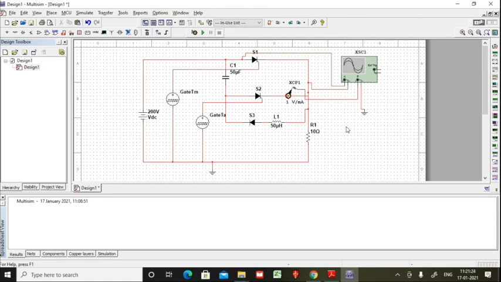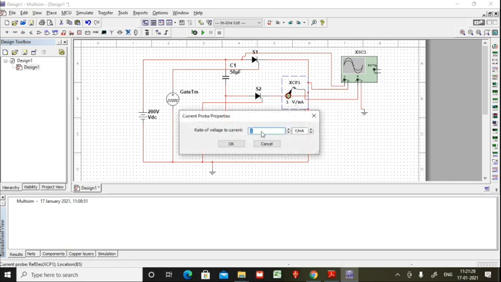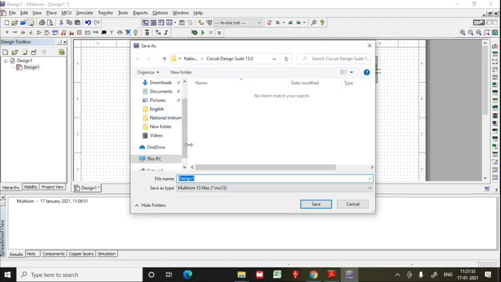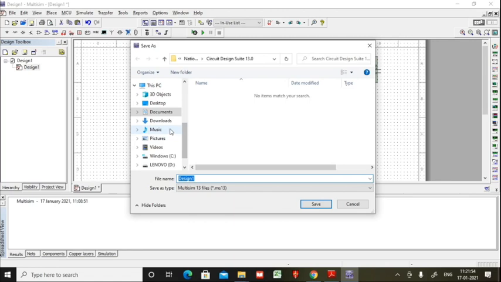So I think we can run, and here it will be in millivolt per milliampere. Current is measured in terms of voltage only. That is how the software is made. But anyhow we'll get the current here. So let us save this, and you can save it with any name you want. I'll store it on desktop,